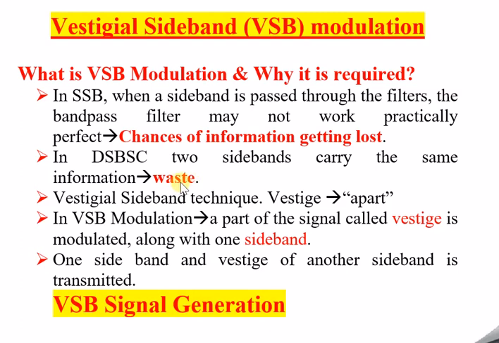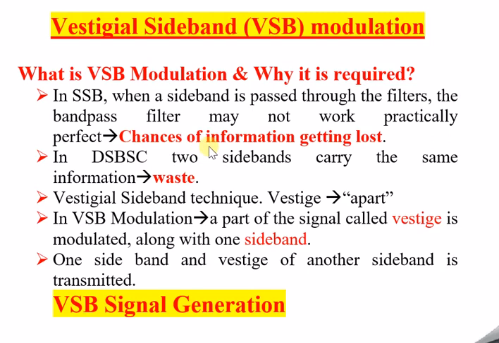So it is a wastage of information. Even if I pass only one sideband, I can retrieve the data. But we are passing two sidebands, and that is not necessary. Two sidebands do not need to be transmitted. Only one sideband is sufficient if we receive it correctly. Because of this, one more sideband is a waste of transmission.